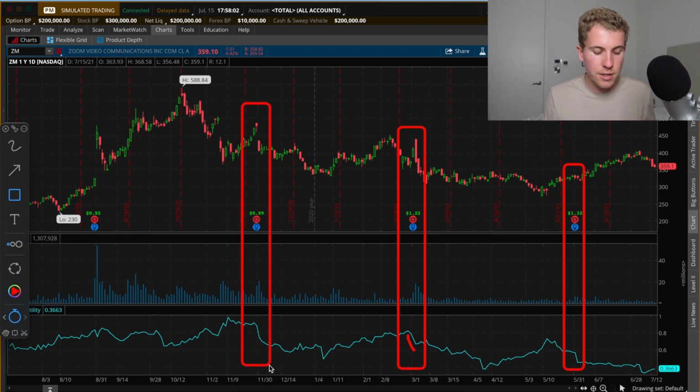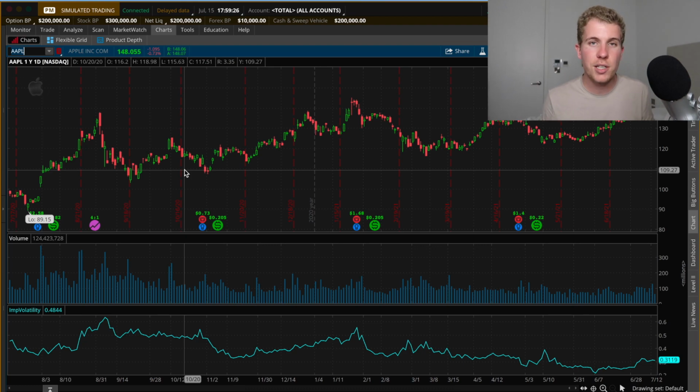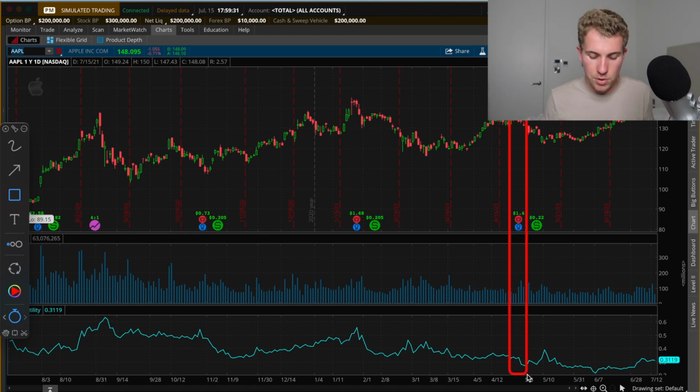And here we're just looking at Zoom. You see that right now I'm also putting in a rectangle a moment where the earning announcement happened and then the IV drops right after. But you'd probably tell me, it only happens when it comes to, for example, Zoom, that IV crush doesn't happen for other stocks. Well, I can tell you that it happens most of the time. For example, let's say that we take Apple. Apple is a very famous stock, and maybe you could think that this is not really happening for such big stocks. Well, I can tell you that it does. If we once again put the same date and look at the implied volatility, you see that it's coming down on the same day of the earning announcement.